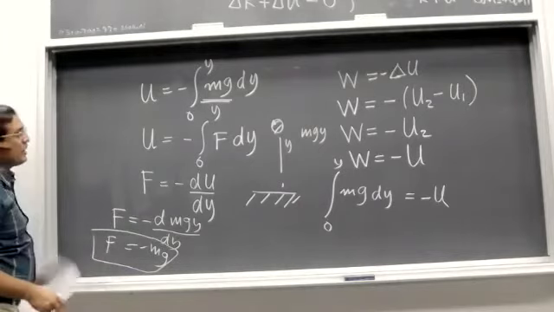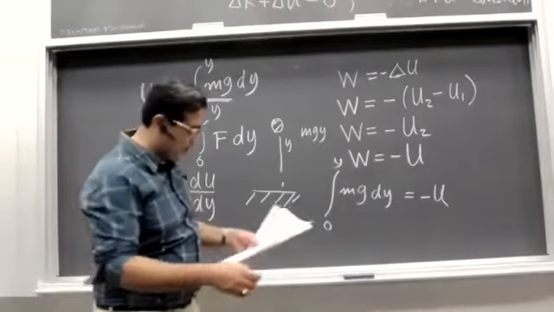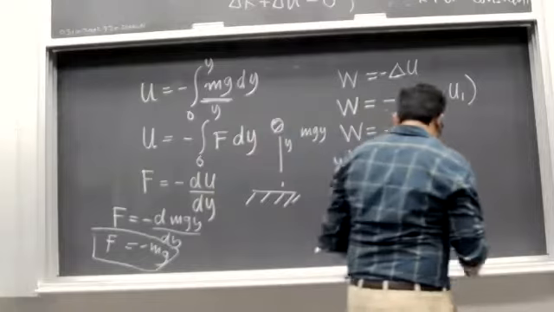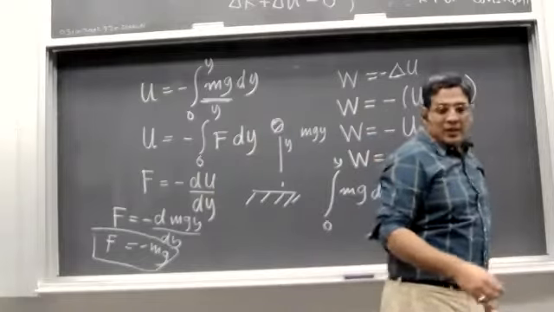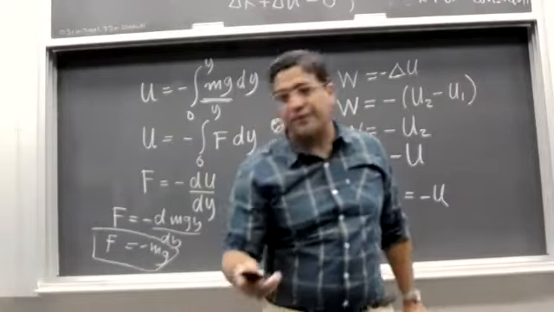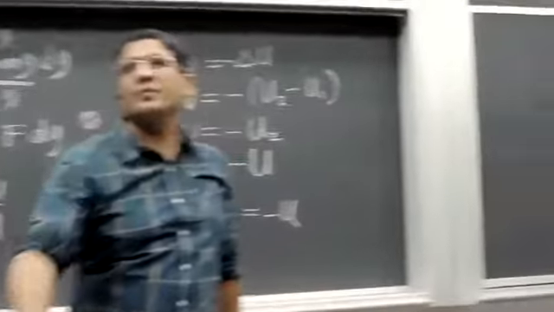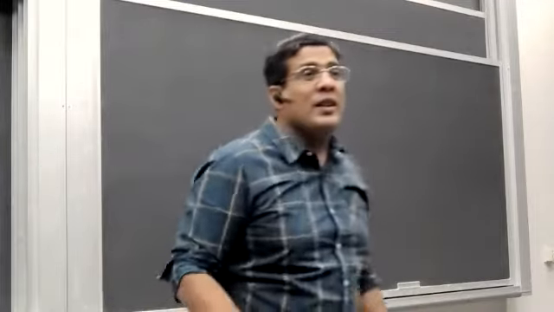Okay, now let's do another example of this relationship between force and potential energy. F is equal to minus mg. What we are proving is that if you know the potential energy, you can find out the force. But I forgot to say that. Let me say it now,